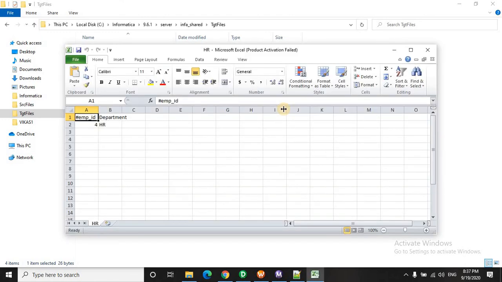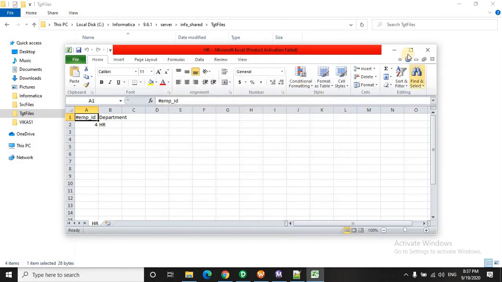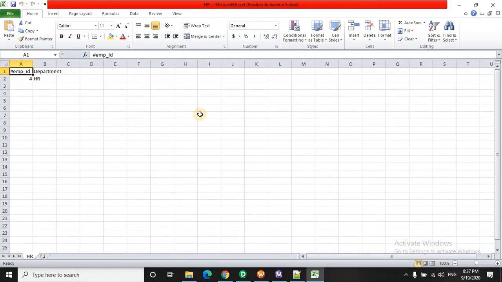The purpose of this thing is to show you some additional features, which is also good to remember because these things are also asked sometimes in the interview. So you see we have employee ID and the department. Now that is a column name is given to the flat file and you have the fourth record, that is fourth employee ID of HR.